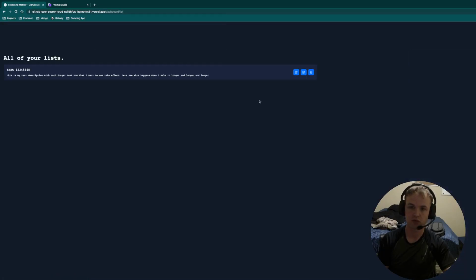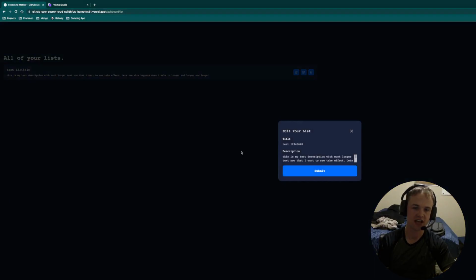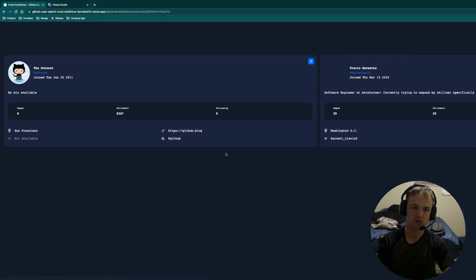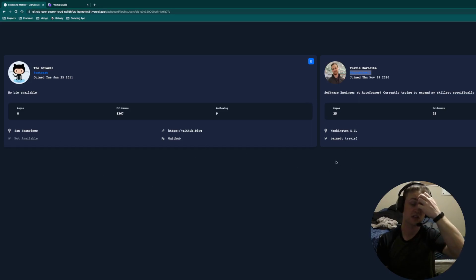And they'll go over here and we'll click on Edit Lists. Right there it is. This is my test description with much longer text now that I want to see the effect. Let's see what happens when I make it longer and longer and longer. That was my testing. They can choose to edit the list if they so choose. They can also choose to view what things are listed in the list. As you can see, I've already gone ahead and added one of my own, as well as AutoCat to this, and then it'll pull in any data that's saved